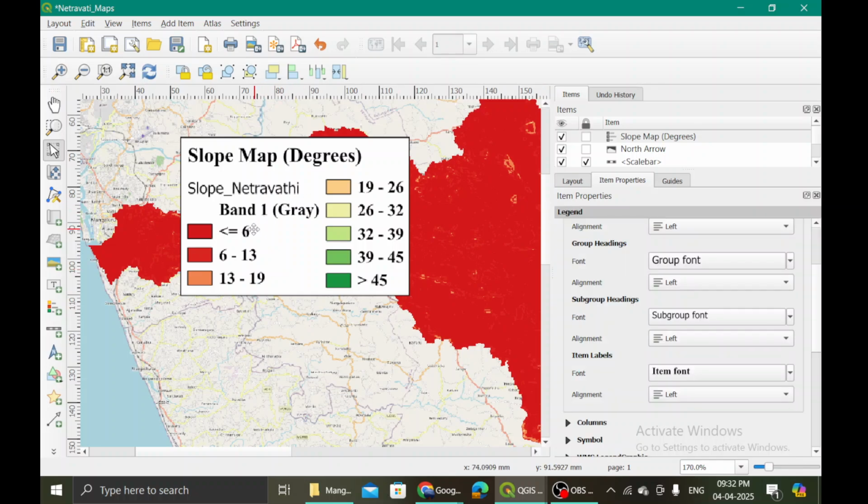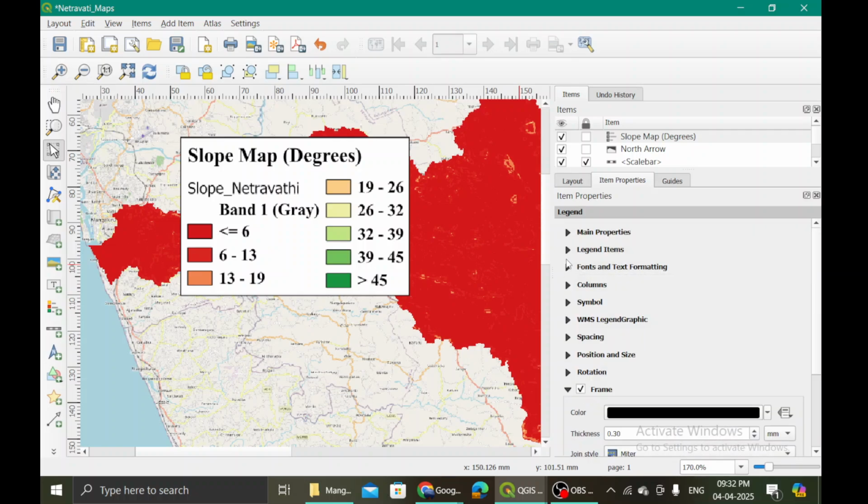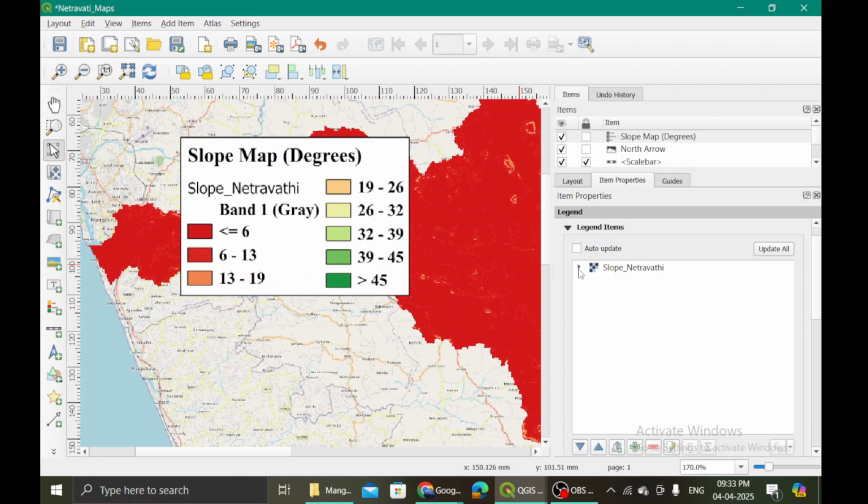And then go back. But then I don't really want this slope Netravati and band one gray, right? That is what I don't want. So what I will do is just minimize this for now, legend items, and within legend item, I can collapse this down, extend it, expand it, such that I will see all these things.